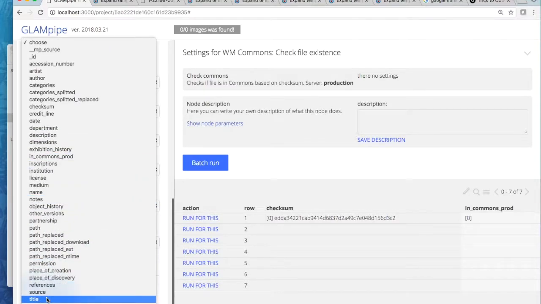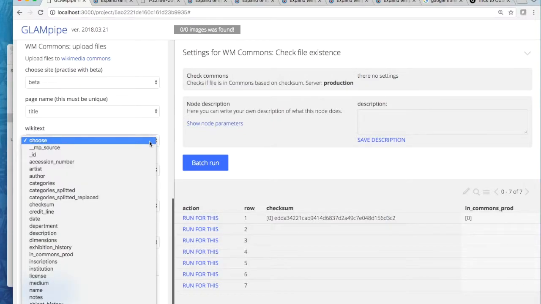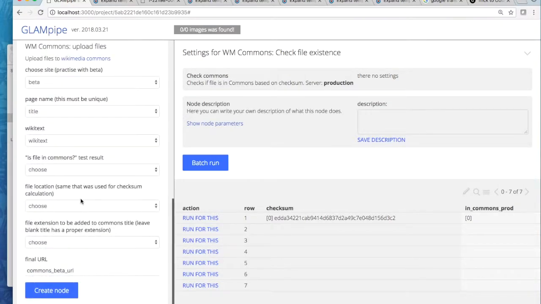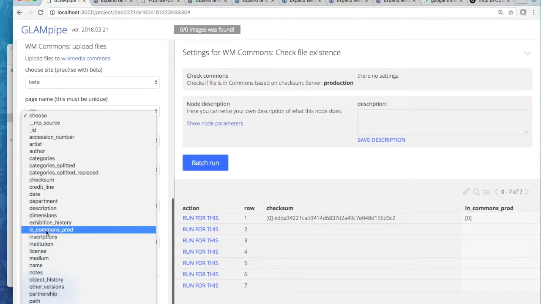We just use this title. Then we need Wikitext. Well, Wikitext is in Wikitext field where we created it. Is file in Commons test result. So it's in Commons